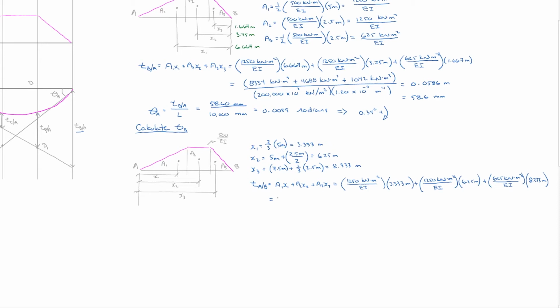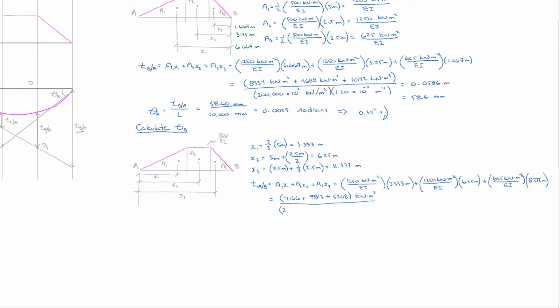And so we'll just get that summarized down here. So like before, I'm just going to go, it's equal to 4166. I'm going to take my units outside the brackets here just so I don't have to rewrite it a bunch of times. 7813 plus 5,208, close the brackets. So those are kilonewton meters cubed because they've been multiplied through by the distances, and then we have EI in